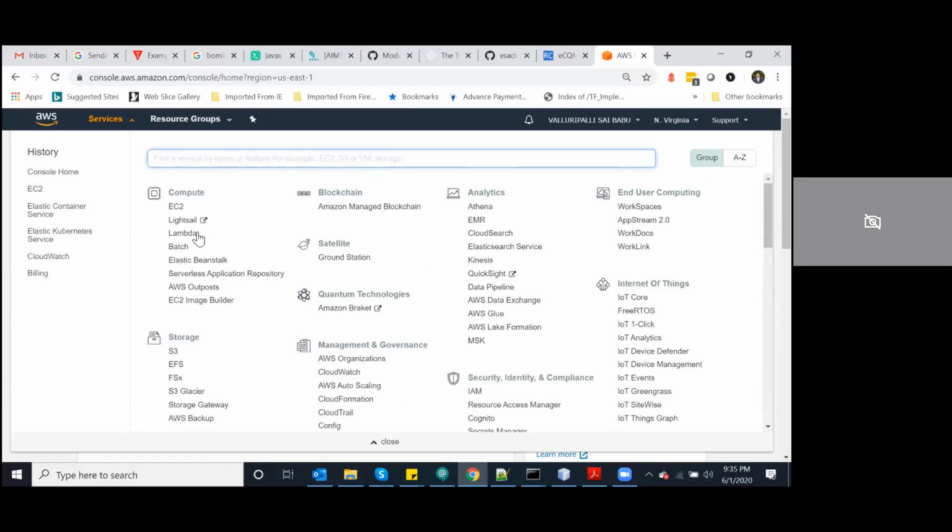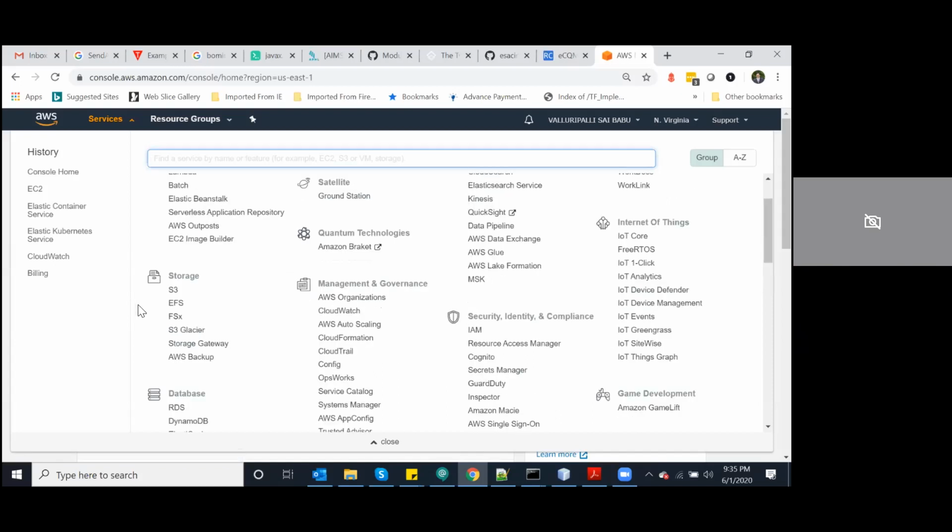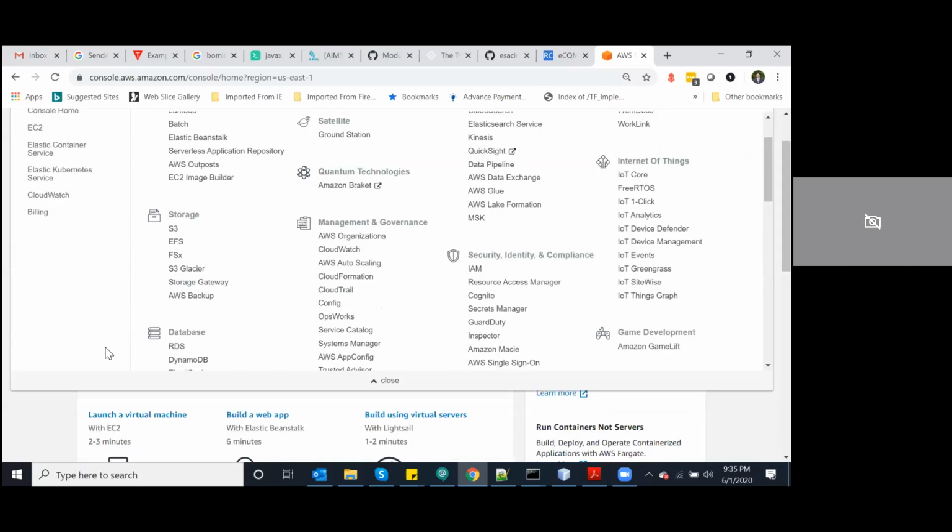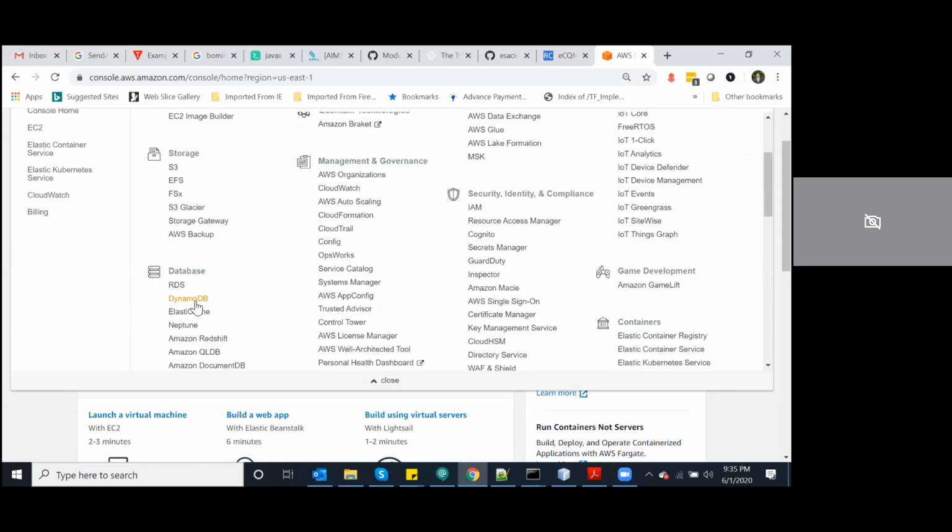So Lambda functions, basically it's a function where we can write a small Java function, a library, and put it here. It runs on a serverless infrastructure where it will run for you. The application will be run from Lambda functions. And also S3 buckets, the message flows, right? The messages, inbound and outbound messages, you create queues, inbound and outbound queues, and where they can be accessed from S3 buckets or databases.